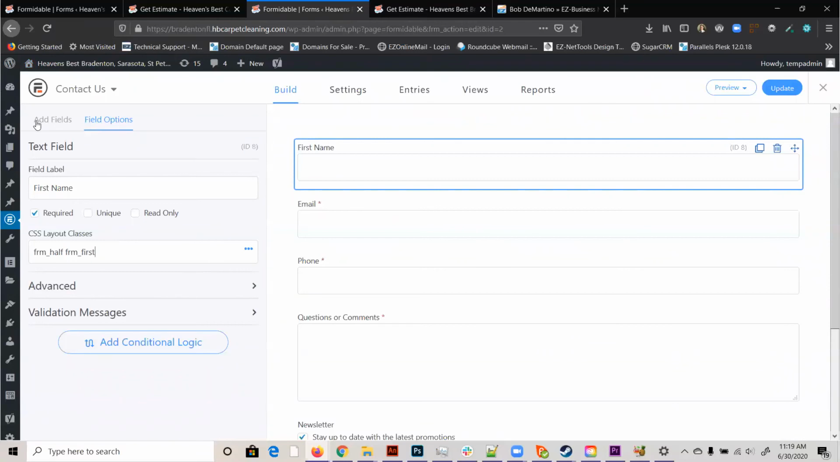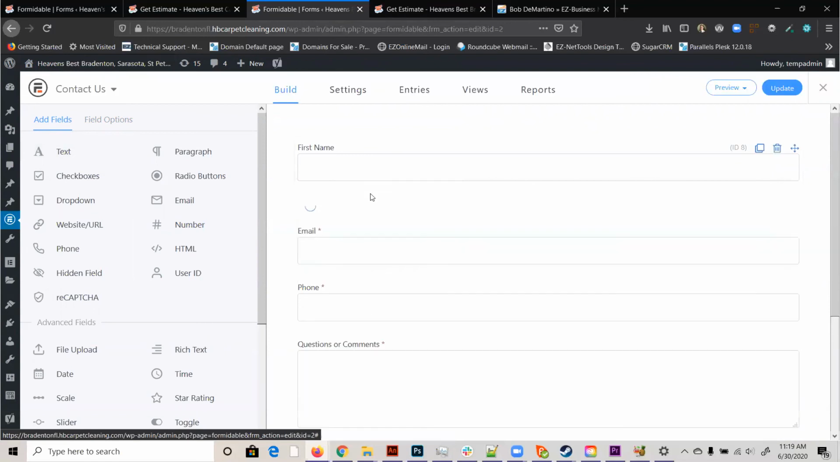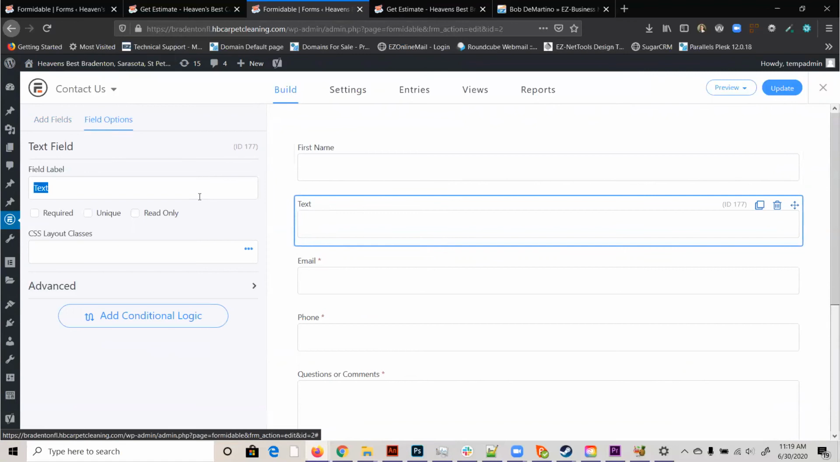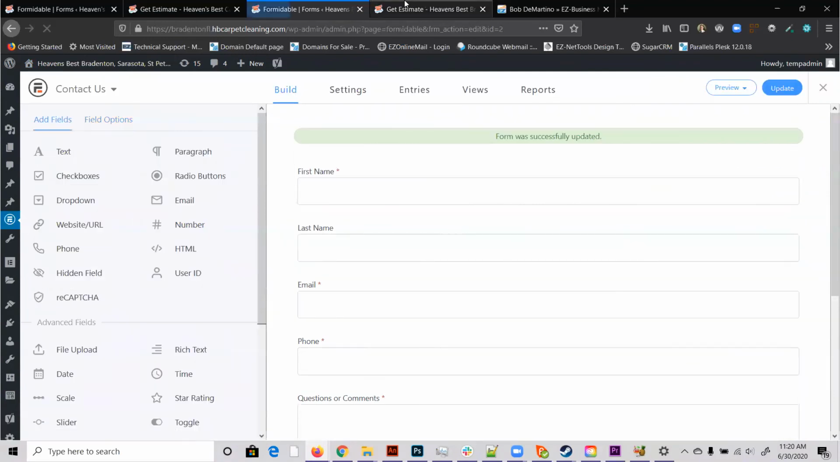And then I'm going to add a new field. So I click on Add Fields right here. I'm going to take text, I'm just going to drag it right here, like so. I'm going to click on it, and then I'm going to type in last name, and you'll see that it will update here. And then I'm just going to say 1/2. If I update this, and we go look at our form,